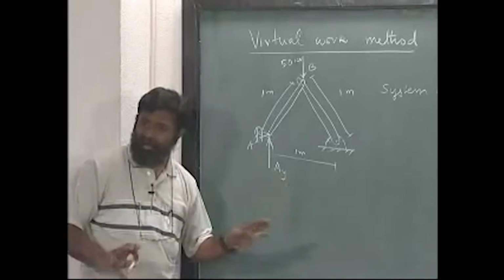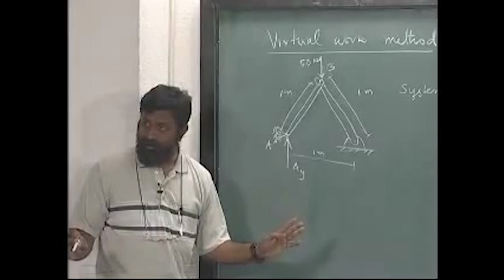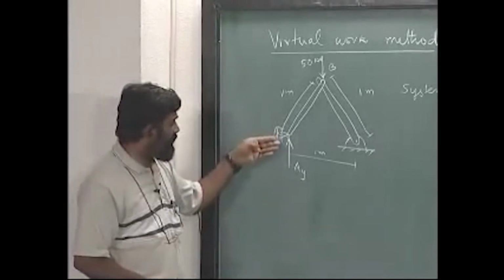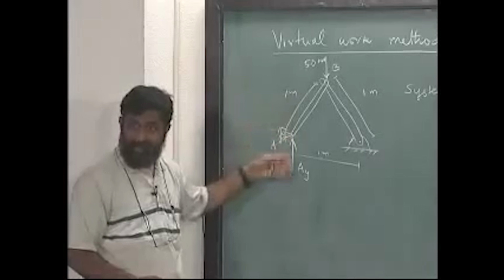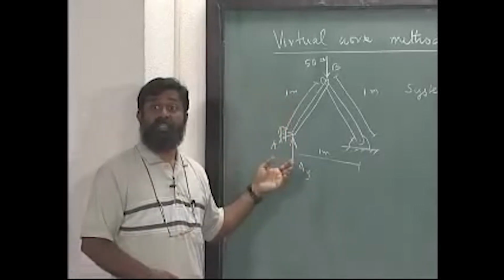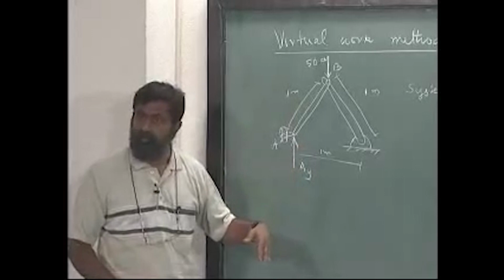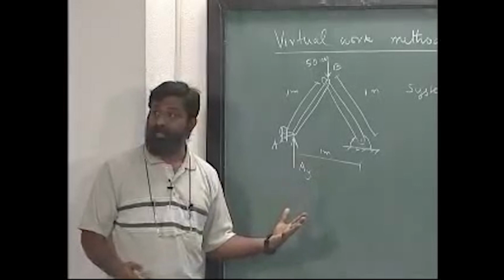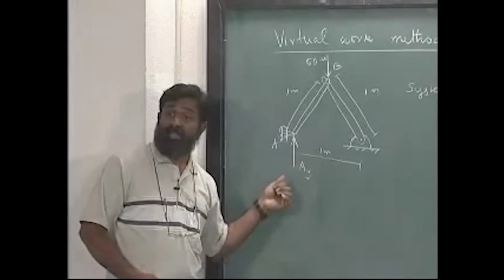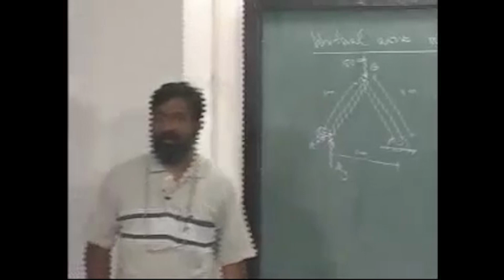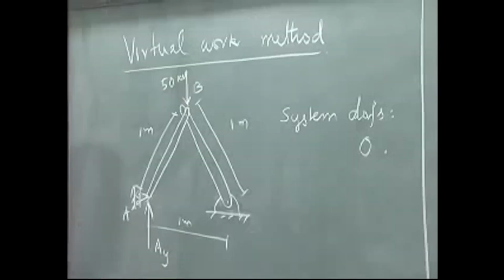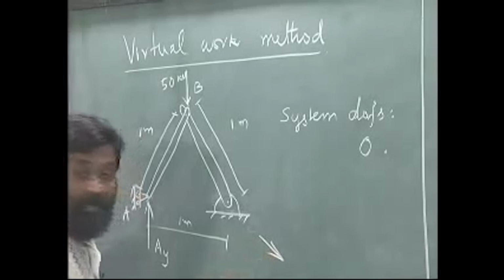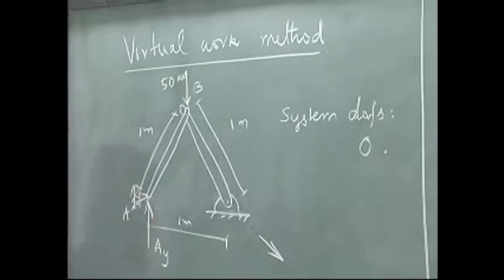But is it kinematically stable? Not really, because it can move, even a small disturbance is enough for it to move. Whether it is a stable equilibrium or unstable equilibrium is another story to find out. But in this particular case, if we seek to find out, let us say AY, we need to release that particular degree of freedom or that displacement. And once we do this exercise, we know the number of degrees of freedom for this body is equal to